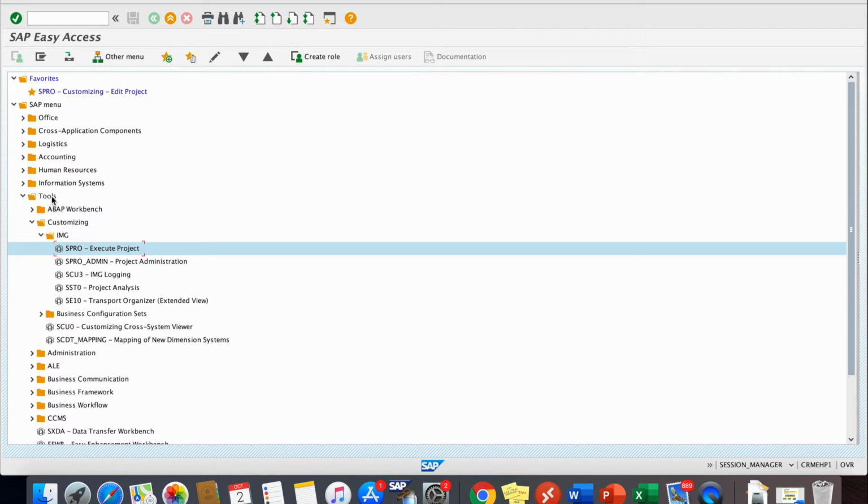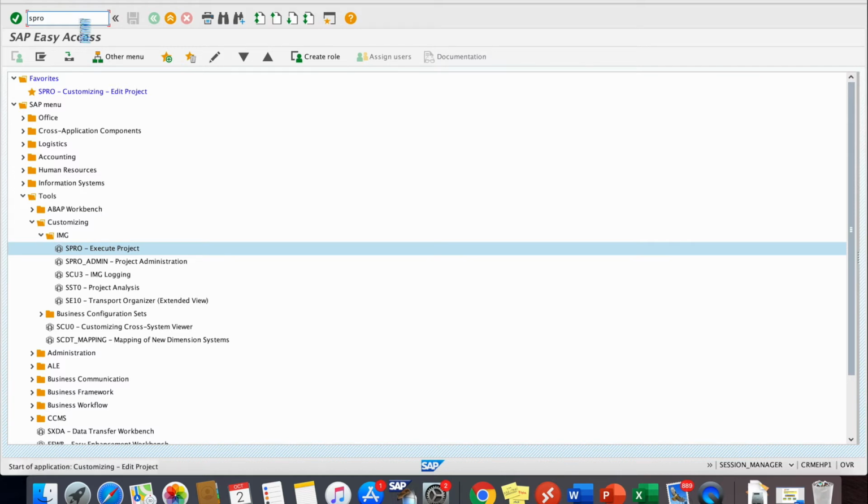The second way to go to Execute Project step is you need to dial the transaction code which is also called as T code on this place which is called as command prompt or command field. So I'm going to type the shortcut which is transaction code for execute project SPRO and then I press enter.